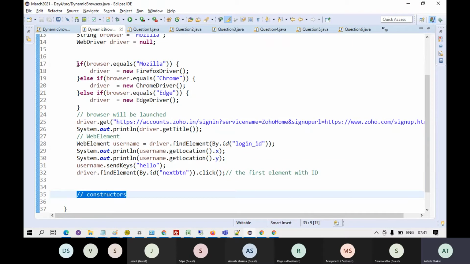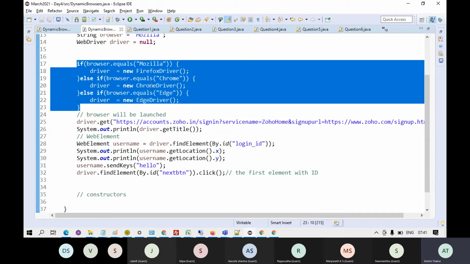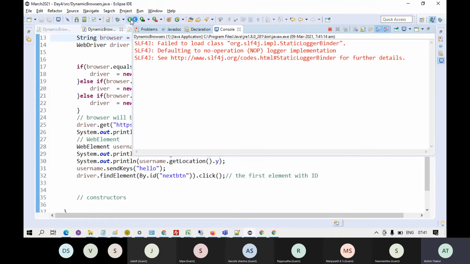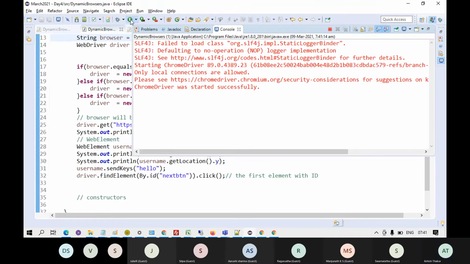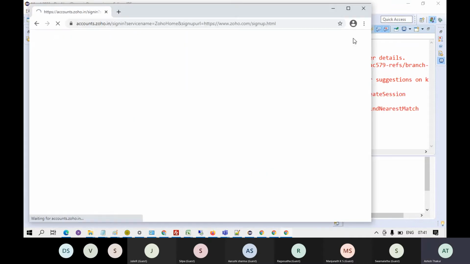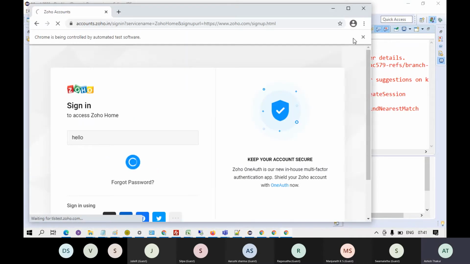Look, you are launching the browsers over here, right? If I'm launching the Chrome browser and if I run this code, you will see that the Chrome browser is not launching in a maximized state.